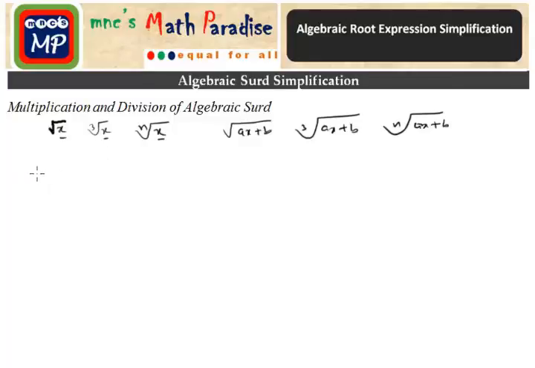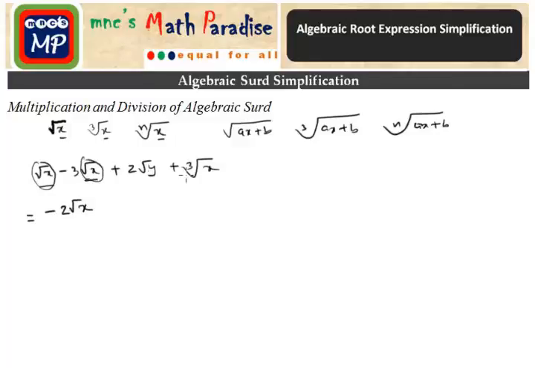So for example, if we have root x minus 3 root x plus 2 root y and then plus cubic root of x. So here root x and root x, although their coefficients are different, they are like terms. So here 1 root x minus 3 root x will give us minus 2 root x.